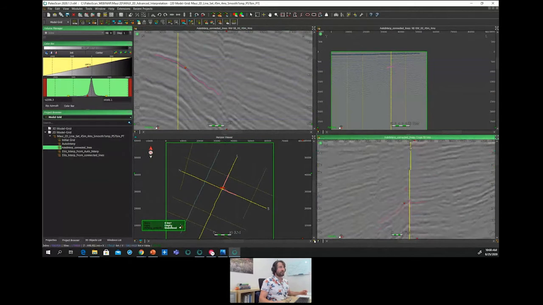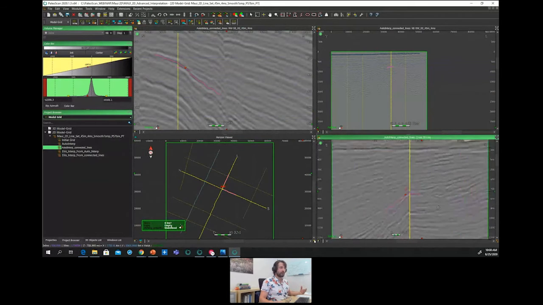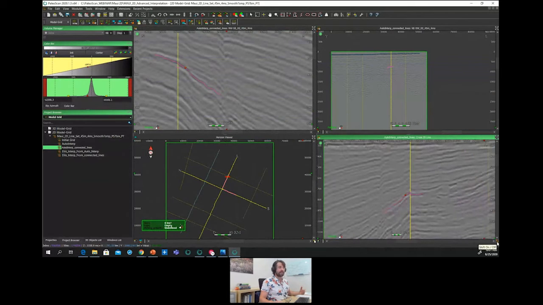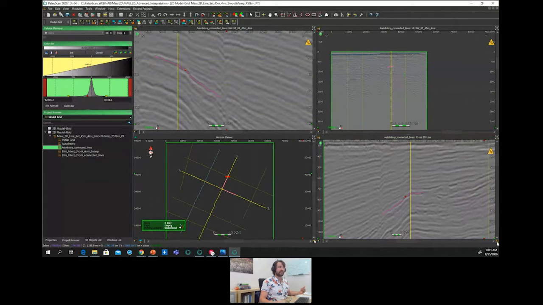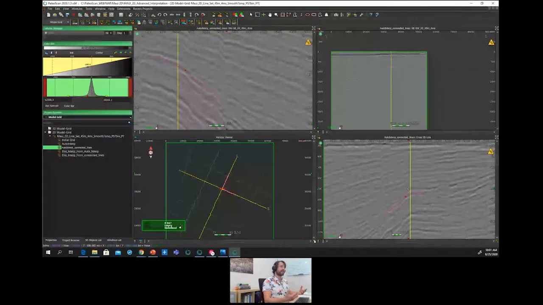Thanks to the cross 2D line viewer, I just have to use this shift on-off button in order to ask Paloscan to correct this vertical mistie. So when we apply that, since it will be applied simultaneously for all the lines, Paloscan applies a comprehensive distortion of all the lines without choosing a master reference line.